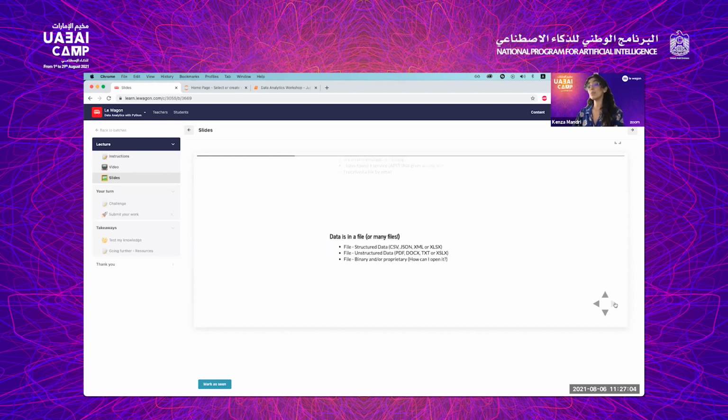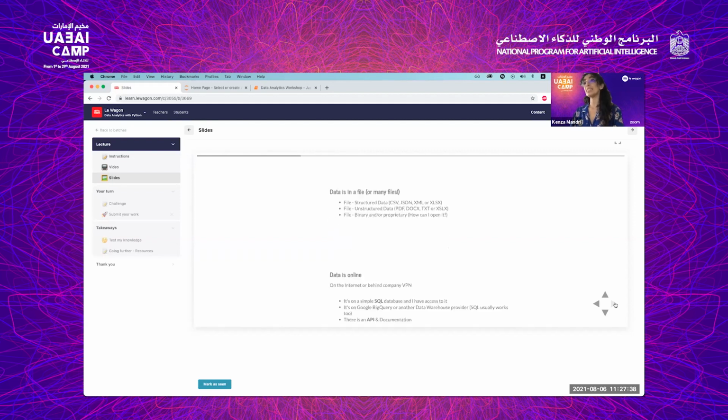Okay, so data comes in many ways. It's not only the way we structure it, but also how we receive it. What we mean by structured data is that our machines will be able to read it in an orderly manner, like JSON and CSV. It's ordered for us, so it's really simple to interpret. And then we have unstructured data, such as PDF, text. It's more challenging to fetch the data because it's really everywhere. And the third type that exists is binary or proprietary. What we mean is that the data isn't available for everyone, and you might have to ask for authorization and